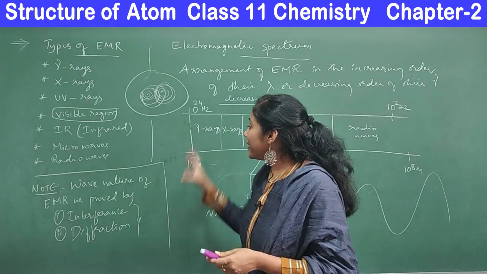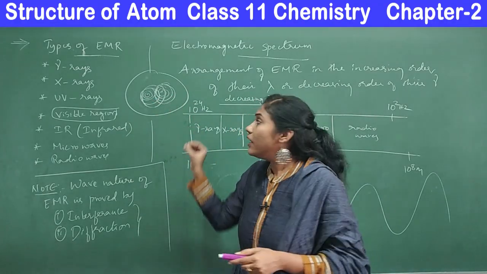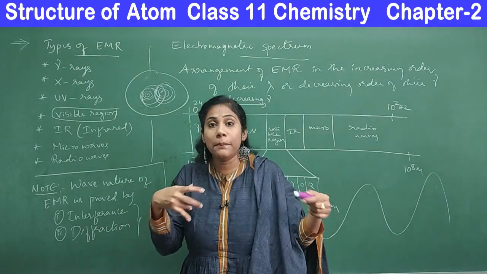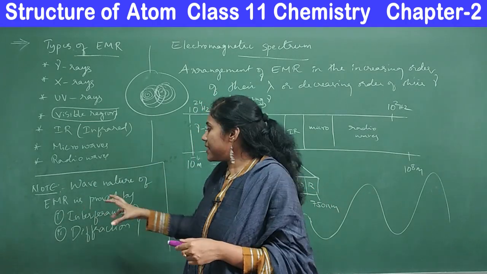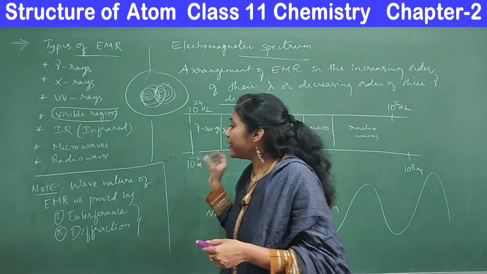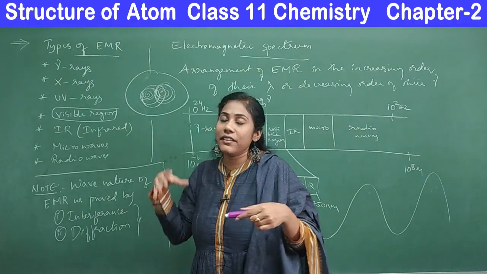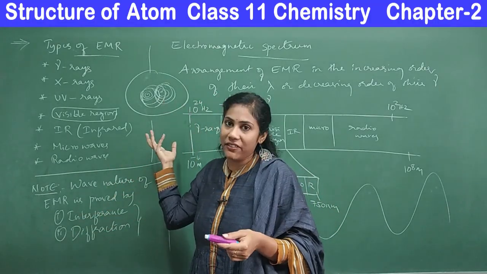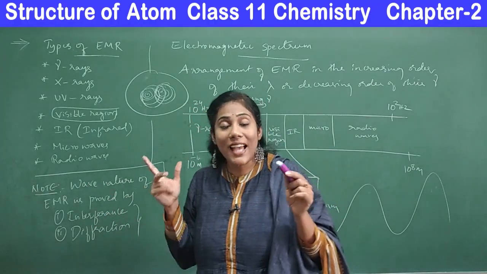Electromagnetic radiations also have this property, just like water waves. Water waves can combine with each other and the resultant wave is a much bigger wave. I'm not going into detailed aspects, just interference means mixing of waves, right? Just like water waves, even these electromagnetic radiations can intermix with each other, and the resultant wave is much bigger. It's all a characteristic of waves, right? So these interference experiments have proved that electromagnetic radiations have wave nature.